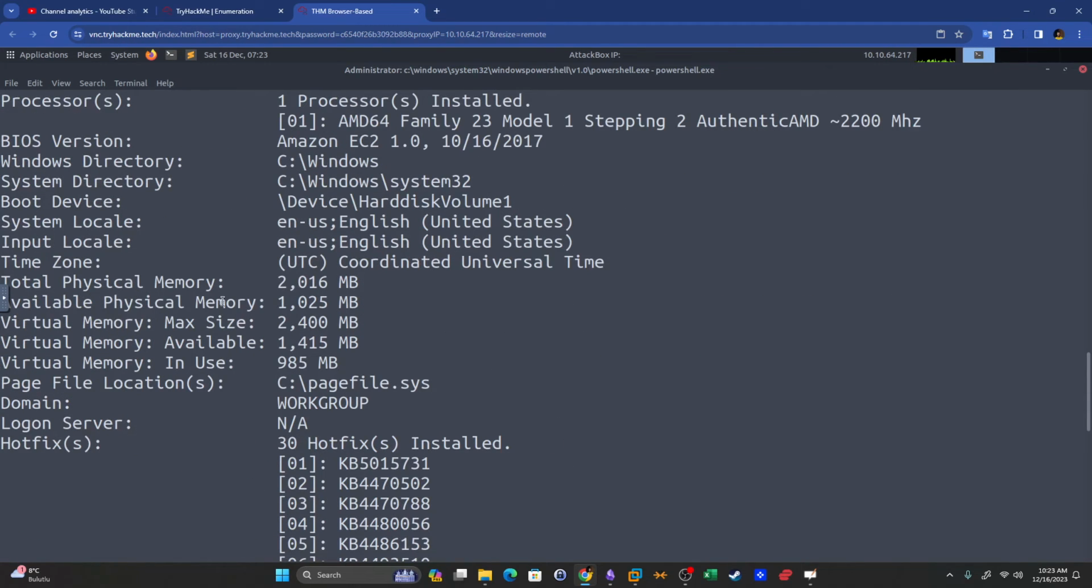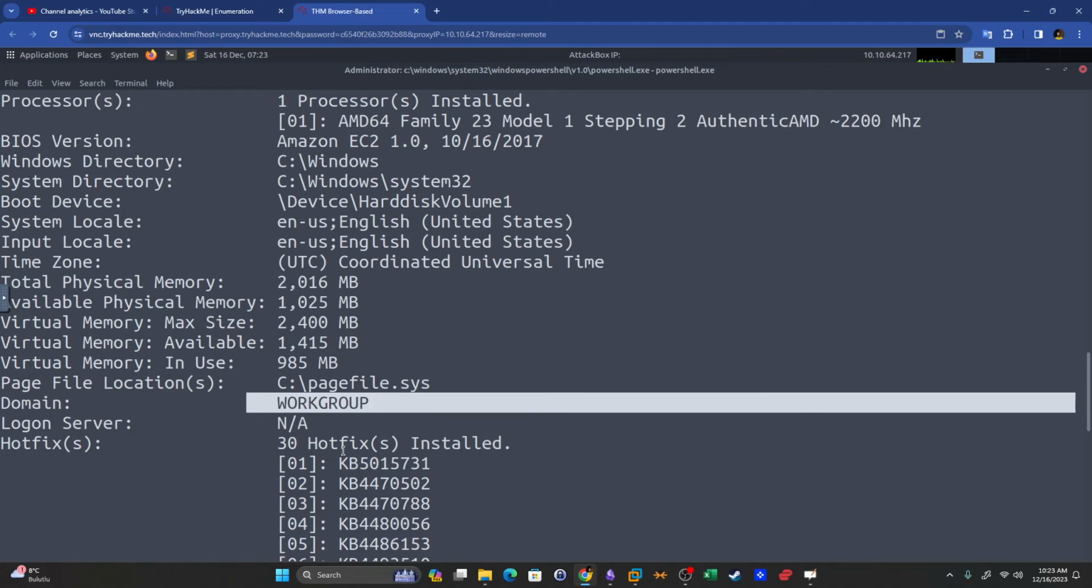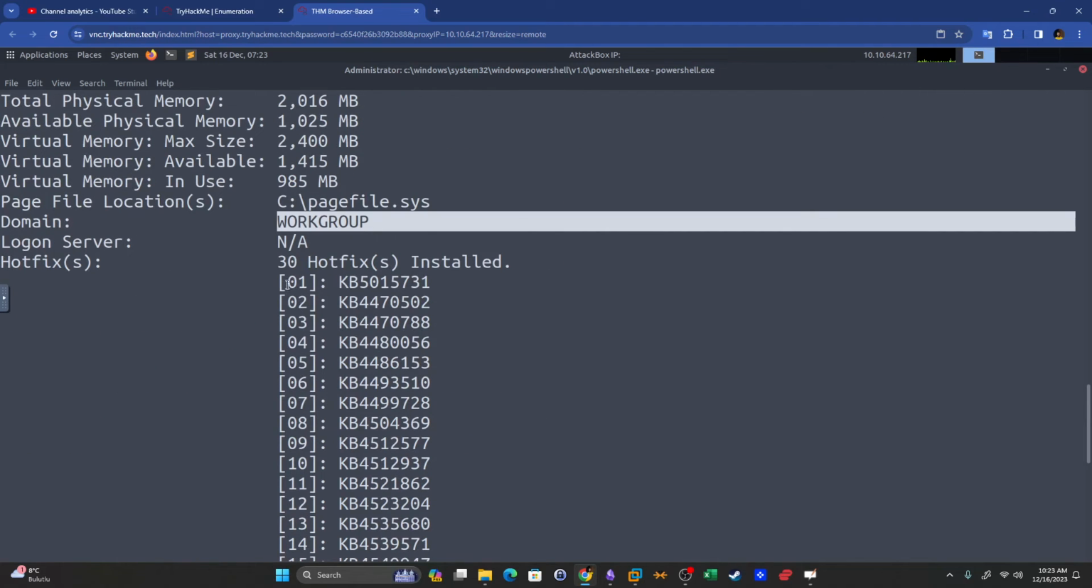Scrolling down, the physical memory, the domain it's part of. So it's part of a workgroup. It's not part of a domain, meaning there is no Active Directory. Here we have the hotfixes installed,